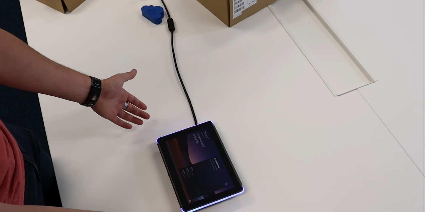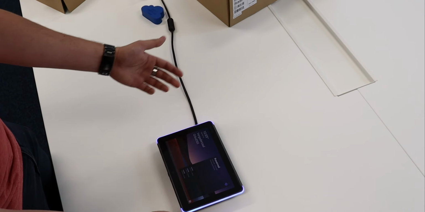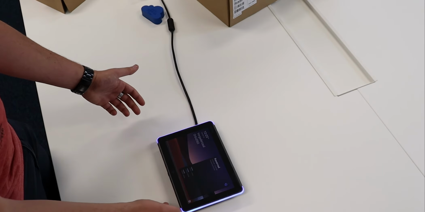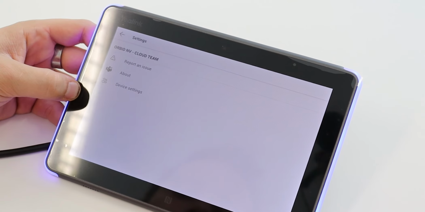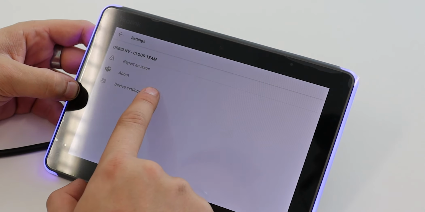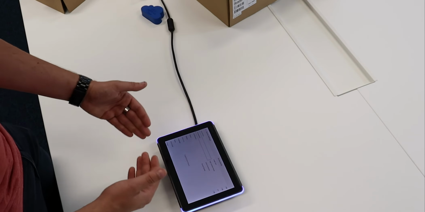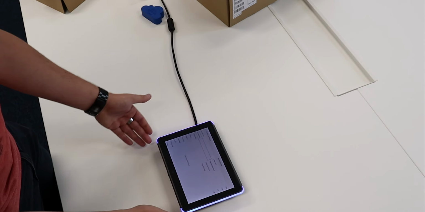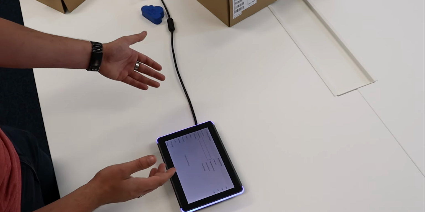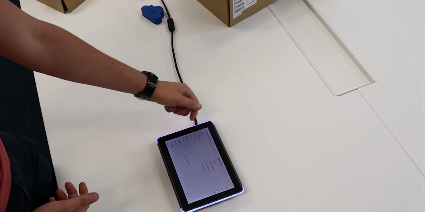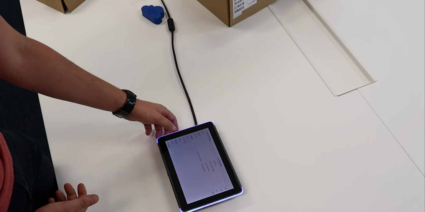You see the purple lights showing as busy. But again, if you press on the settings right here, you will open up the settings of this device, and via device settings you can choose everything of the color, which light you want, red, purple, the background as well, the wallpaper can be chosen as well.